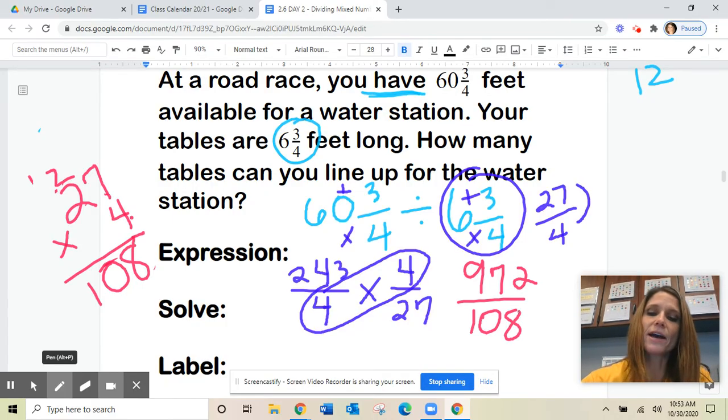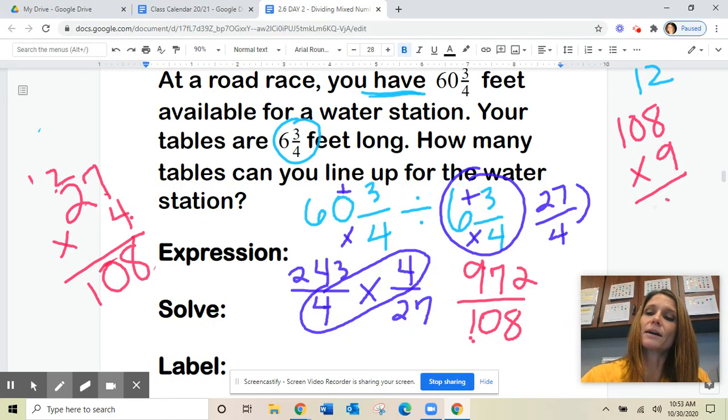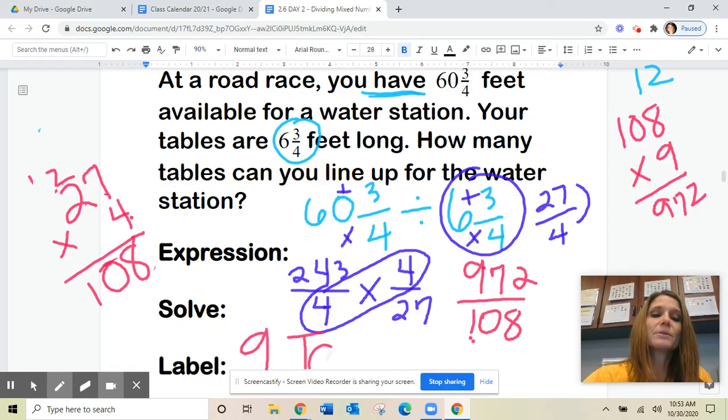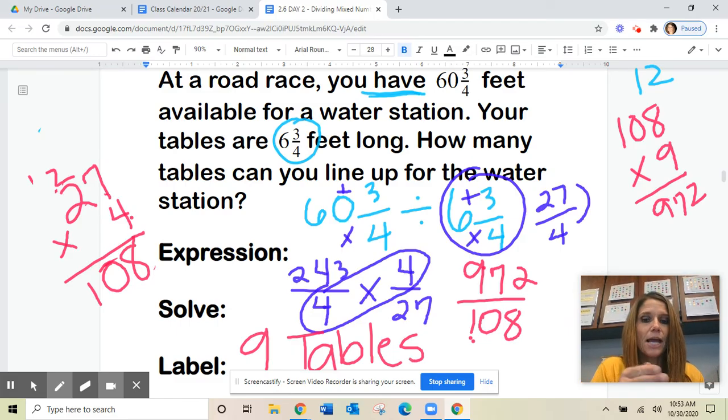So let's work to simplify yours. I know that this value of a denominator is about 100. And so if I'm going to count by hundreds, I can probably get 9 groups. So 9 groups of 108 ends up being exactly 972, which is all you have to split. So there's none left. So how many tables? You can line up 9 tables of space, 9 tables to fill the space that you have if they're just side by side, all lined up in a